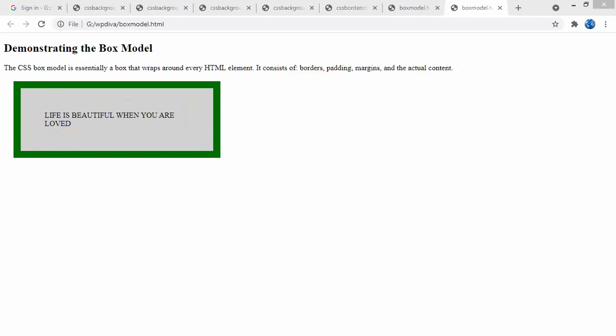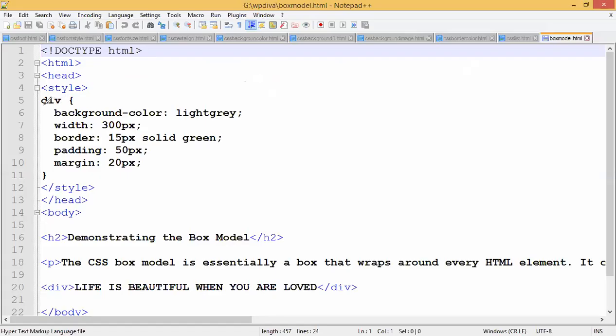Now let me show you the code. How am I writing that? I am writing that code within the div tag. Make a note, we are writing it using the div tag. So what is the div tag doing? Whatever you pass inside this div tag will be applied only to the content which you take inside.